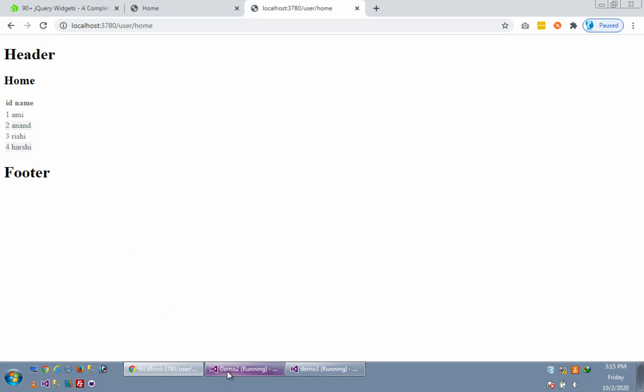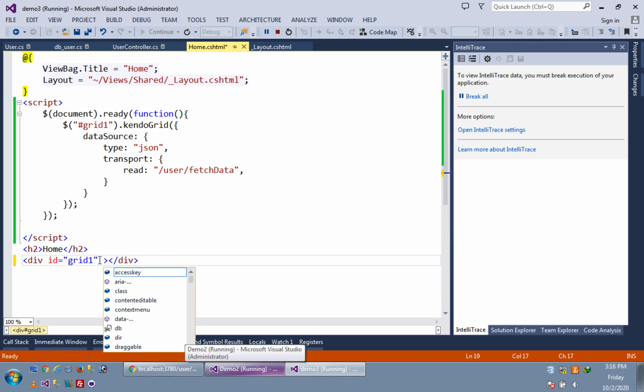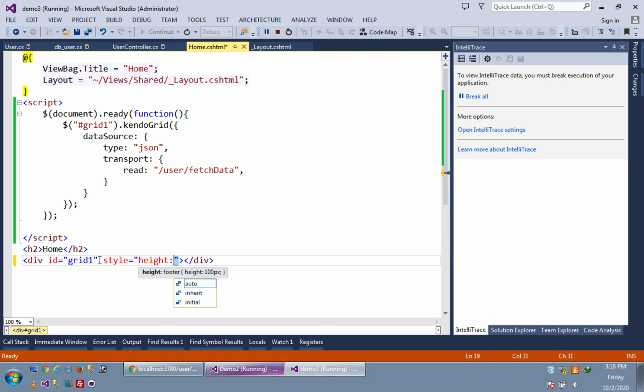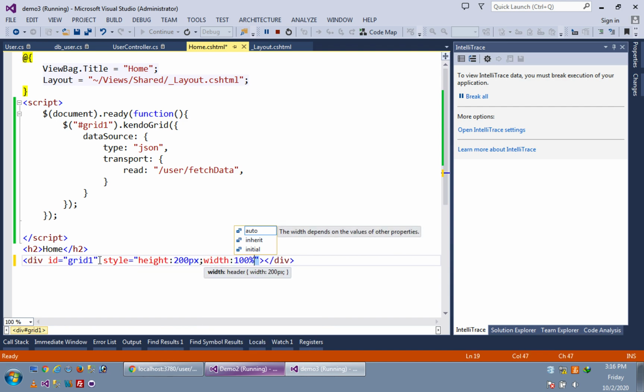I can give the height and width there to make it look more clear. Style equals height 200 pixel, width 100%.